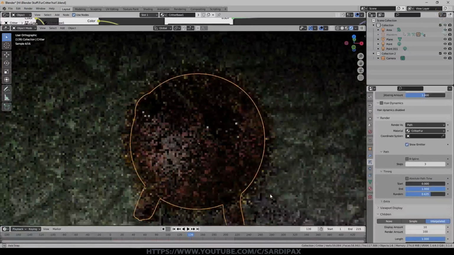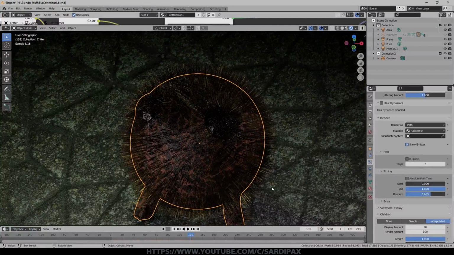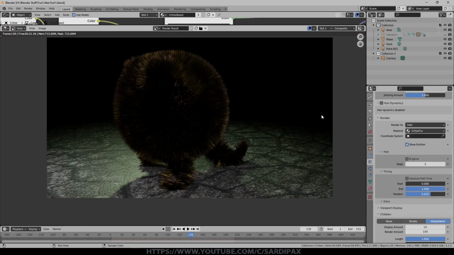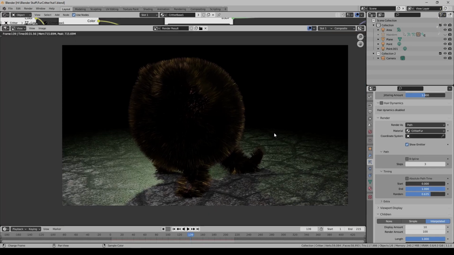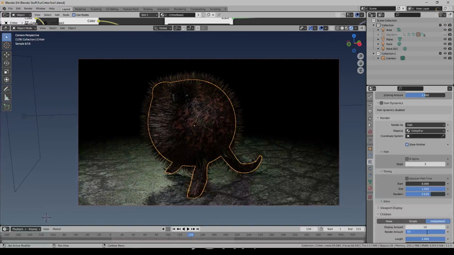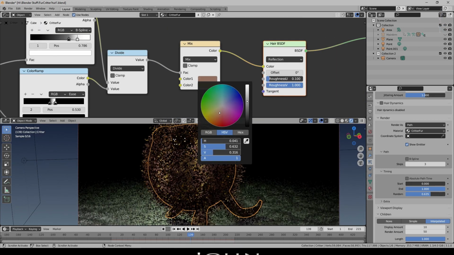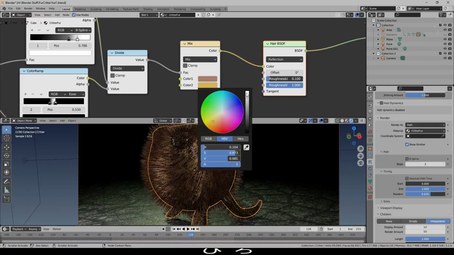So let's have a look at what that looks like at the moment rendered. So that's going to be the view we'll render, and we'll give that a go. So there it is. He's actually quite dark because it's a dark hair anyway, and I think I might brighten that up a little bit just so that it's easier to see. But you see, that's a lot of hair, so we probably don't need quite that much. I'm going to drop his child hairs at render to 50, so that's 50,000 hairs, and then we'll just come up to fur, and I think we'll lighten that up a little bit just to make it easier to see.